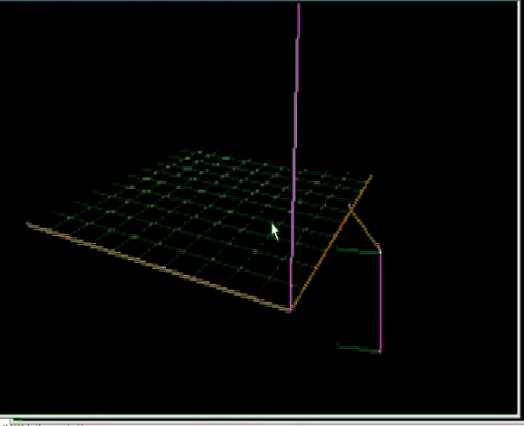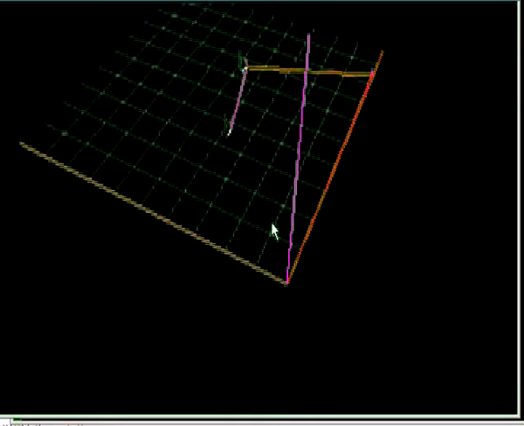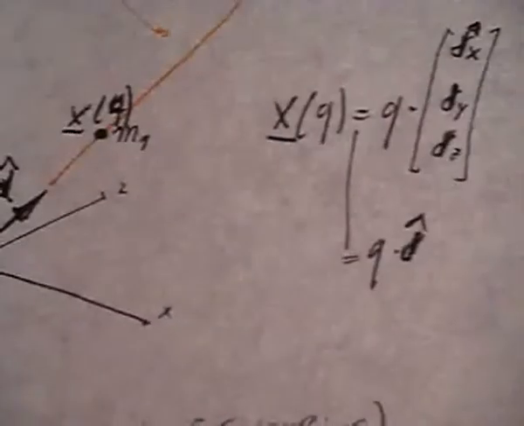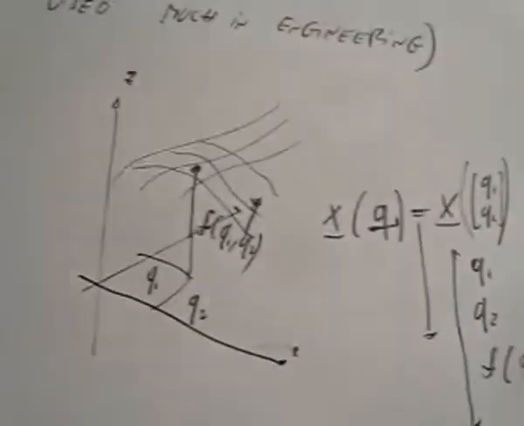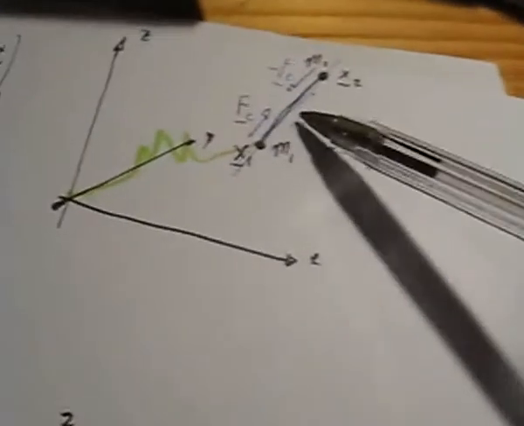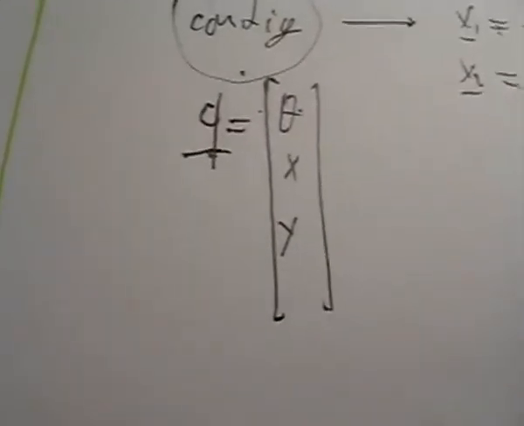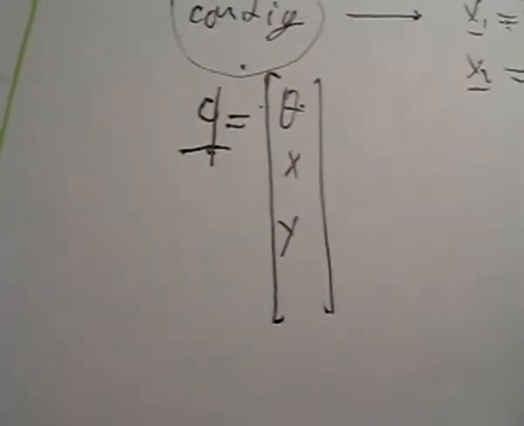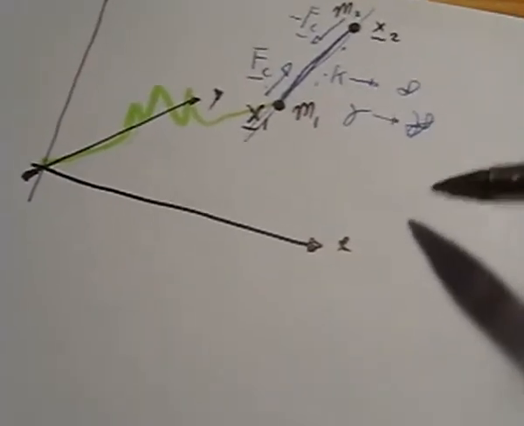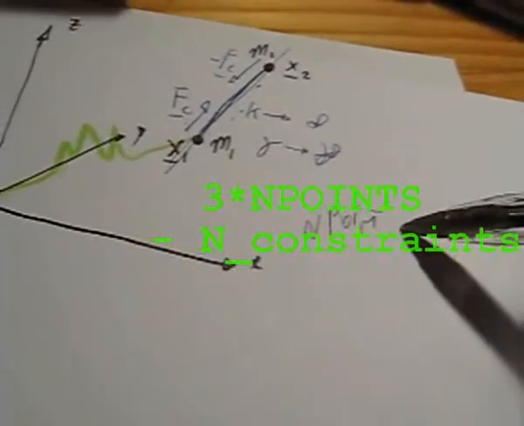Most constraints which are concretized by these kinds of constraining devices, which we commonly find in engineering, are all holonomic constraints. These are all examples of holonomic constraints. So each holonomic constraint reduces the number of degrees of freedom of the system by 1. In order to find how many parameters we need, we must just take the number of material points making up our system, and